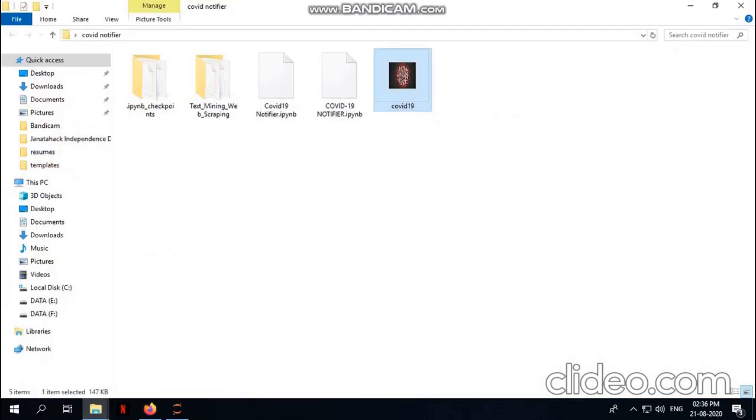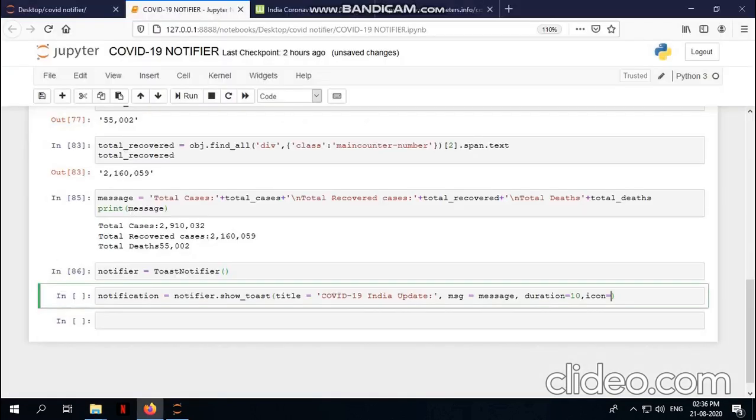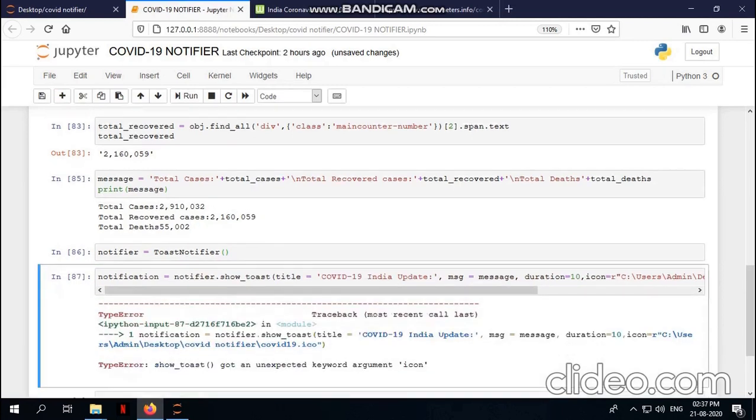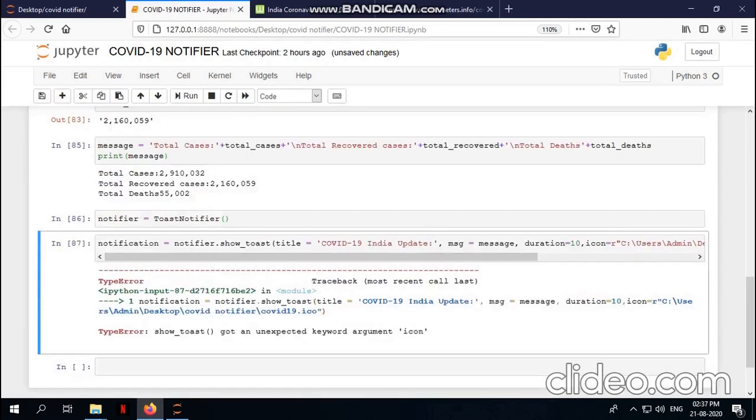So I'll just copy the path of this icon. And one more thing, the icon which we need here has to be strictly in the format of .ico. If you pass .jpg or .png, then this is not going to work at all. Okay, so now I'll run this line.